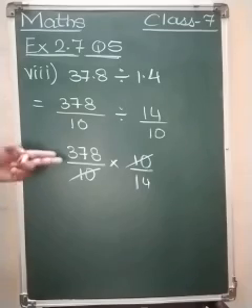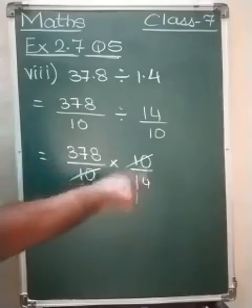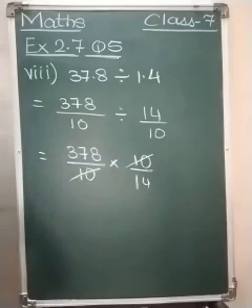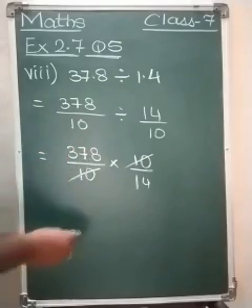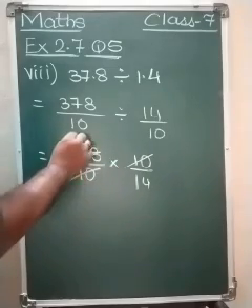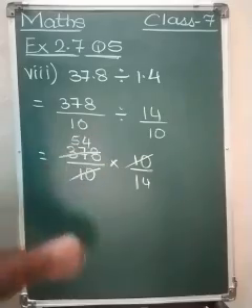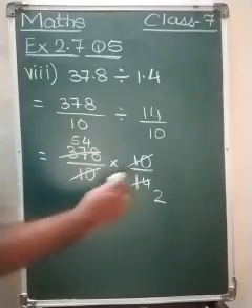Then we can divide by 7. Here also we can divide by 7, here also we can divide by 7. Let us check whether we can divide 378 by 7. 7 5s are 35, so here would be 5, 3 is the remainder. Okay, we can do it by 7. 7 5s are 35, 36, 37, 28, 7 4s are 28, 7 2s are 14. So we have 54 upon 2.